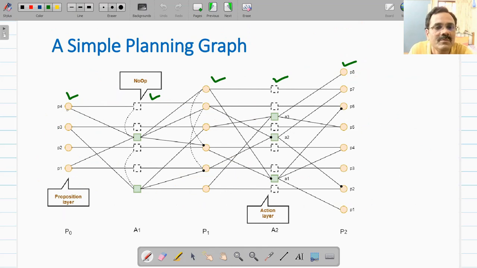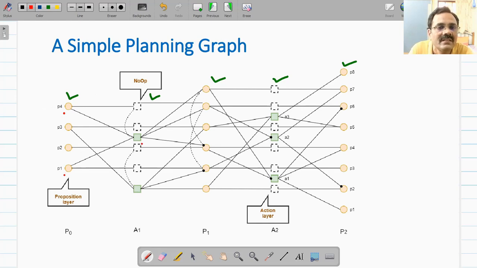It will copy this P4 and make this P4 available in the next level. And this is your action which has preconditions P4 and P1.